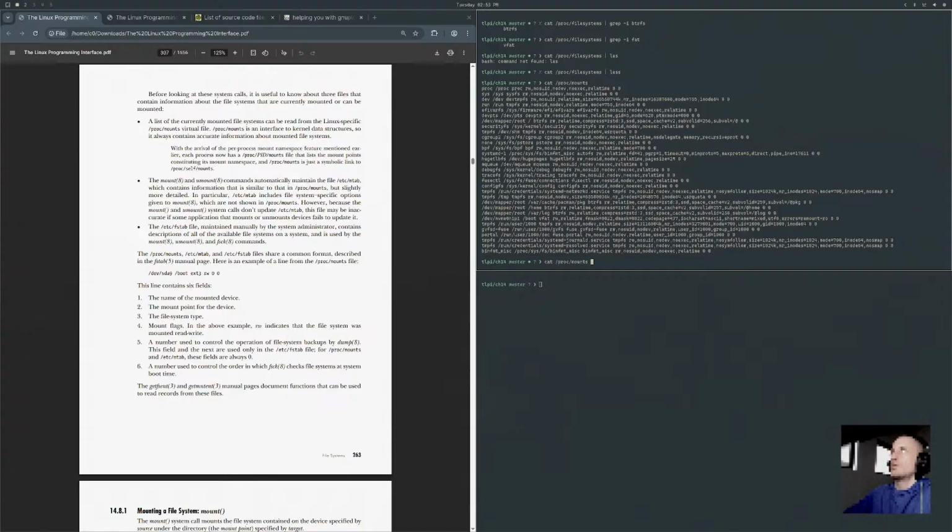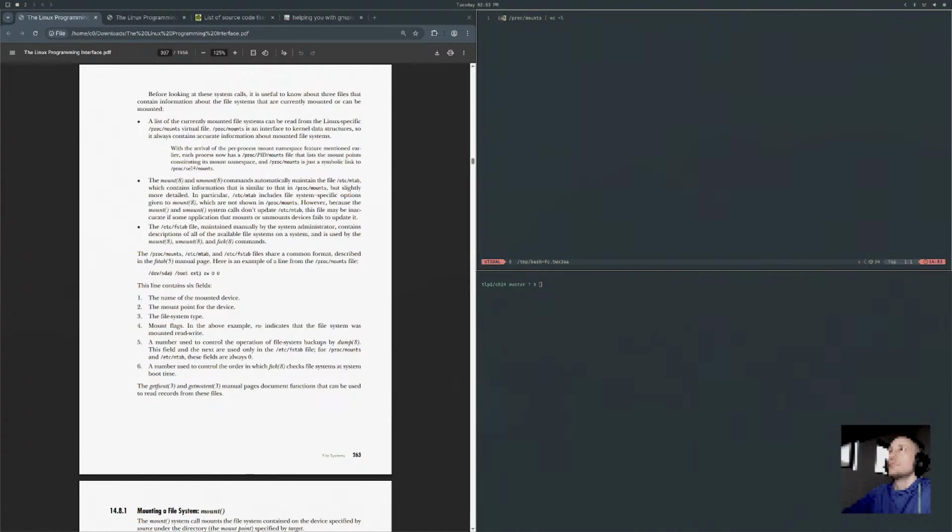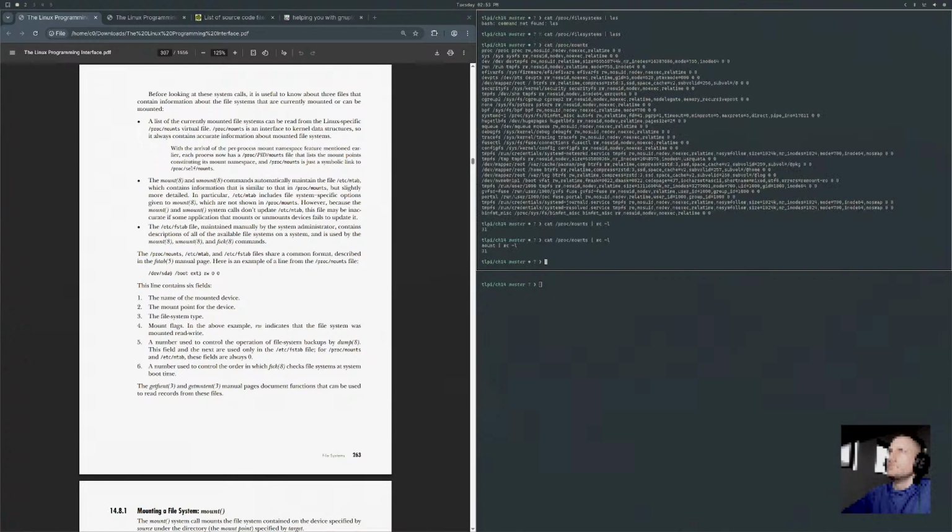If I do a word count on that versus if I just said mount, yeah, they're the same. Okay. /proc/mounts is an interface to the kernel data structure, so it always contains accurate information about the mounted file systems. With the arrival of the per-process mount namespace feature mentioned earlier, each process now has a /proc/PID/mounts file.